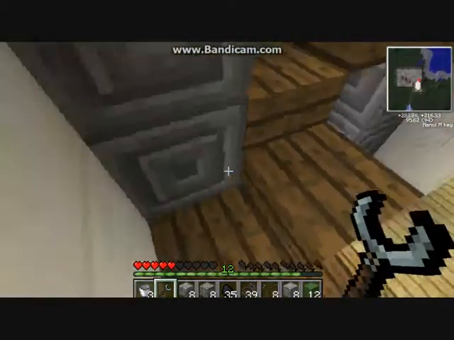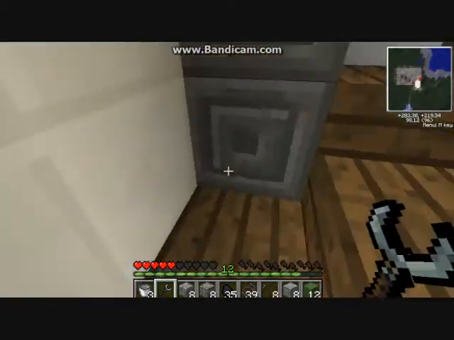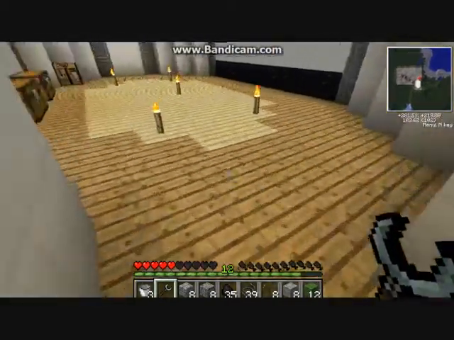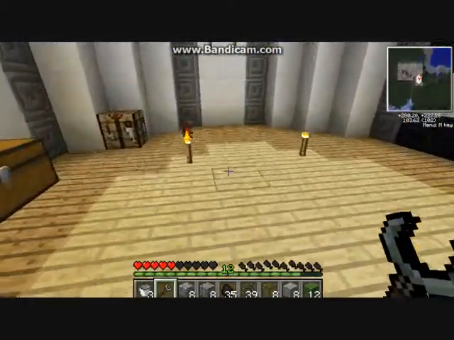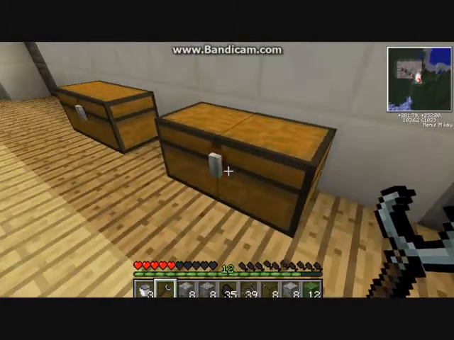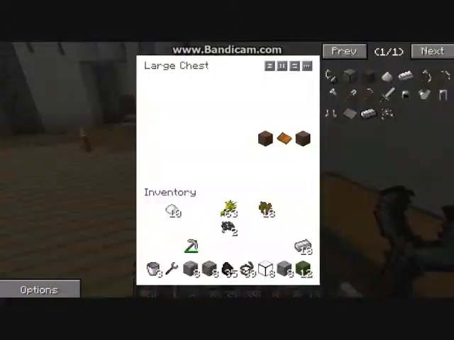Because the old wrench had durability as well as it used a diamond. I mean, it's a bit of a strange combination. Why would a wrench need a diamond? It didn't make sense, but the new way is quite better. So now, the final thing I'm going to show you to make is